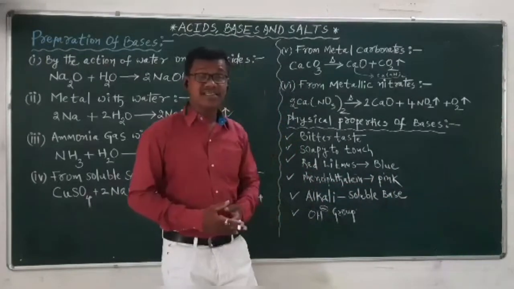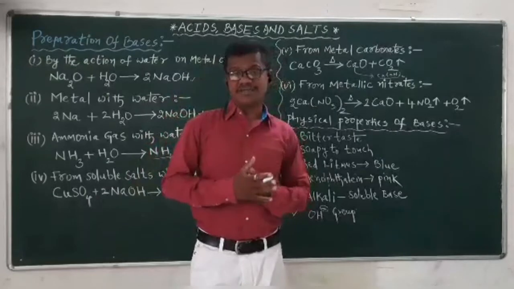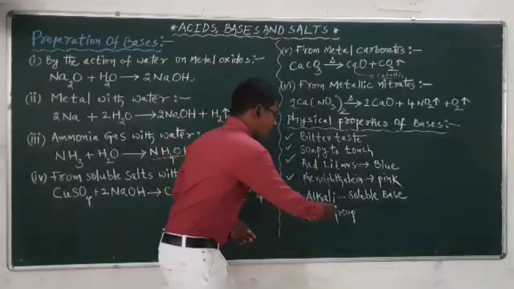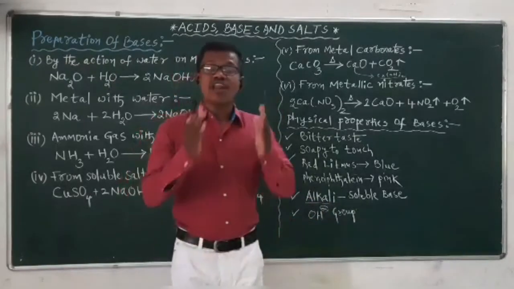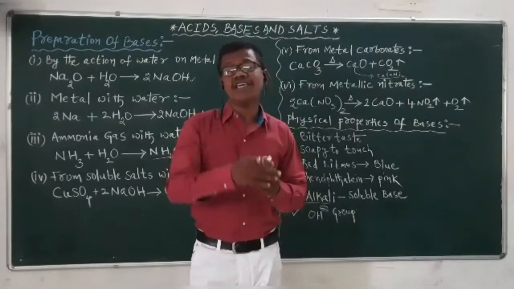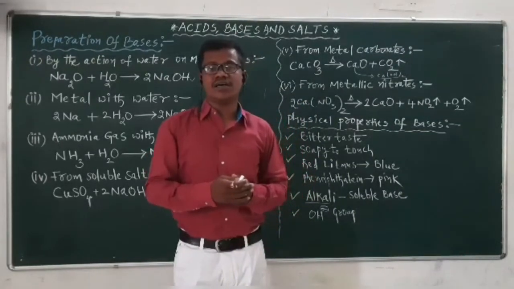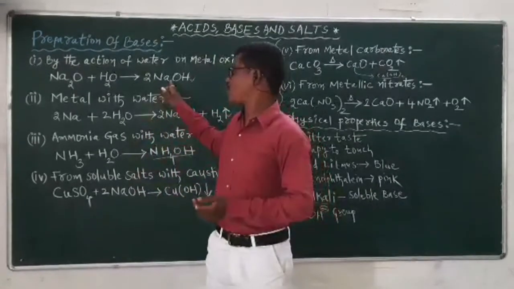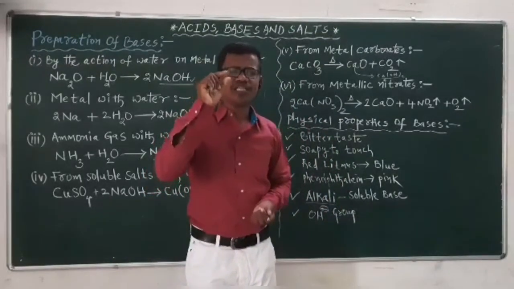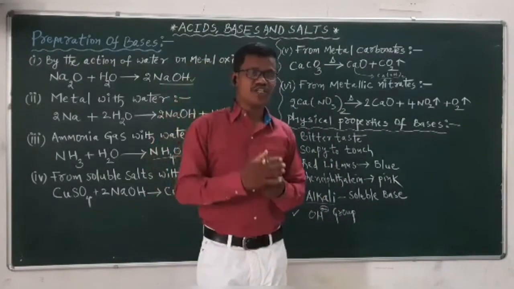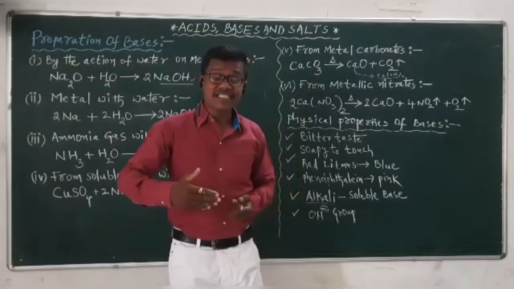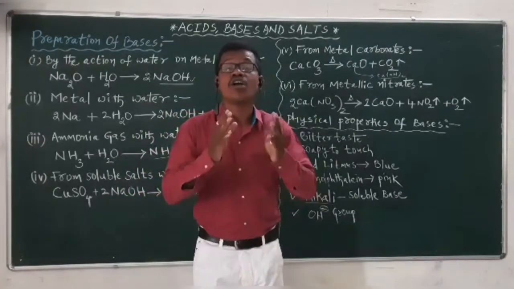And as well as the bases which are soluble in water, we can call alkali. Alkali means a base only, but the base is dissolving in water. The base is soluble in water. The great example, sodium hydroxide. Sodium hydroxide looks like mothballs, but when you add water to the sodium hydroxide, easily it is soluble in water. So if the base is soluble in water, we can call it an alkali.